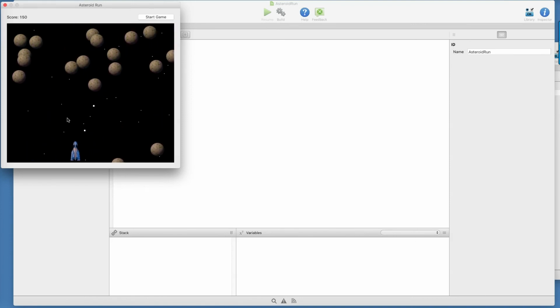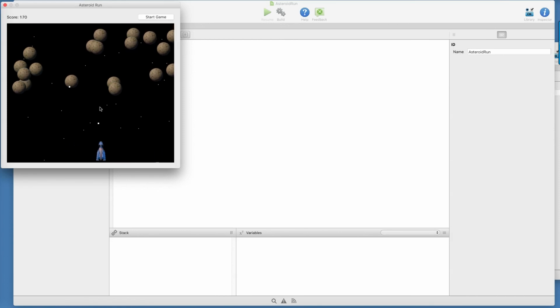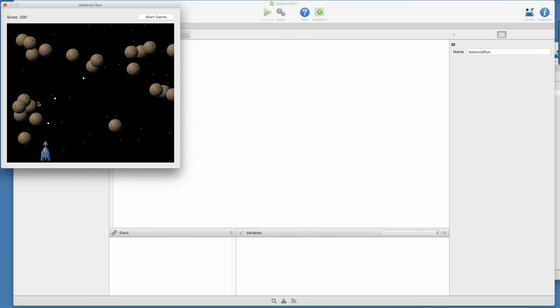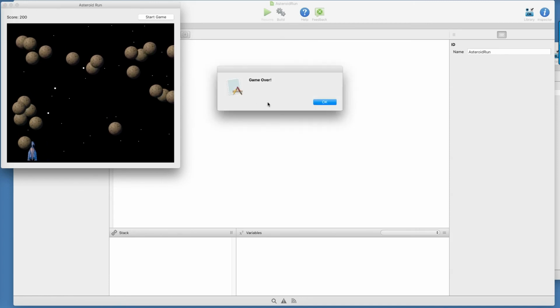But that's it. You've finished your game. Feel free to play around with the code, change some of the rules or the behavior. Rather than adding 2 asteroids, you could add even more. Do what you want, have fun, play around,